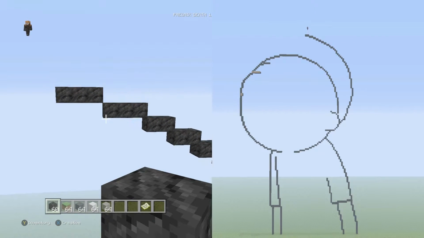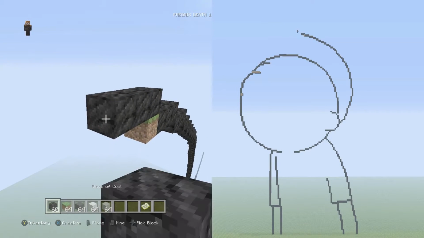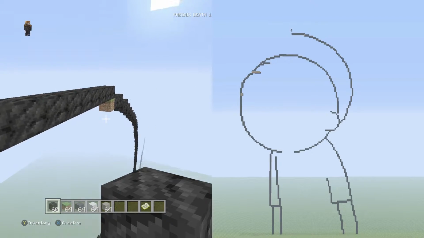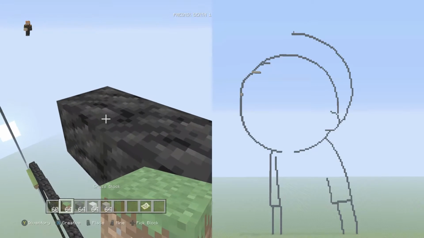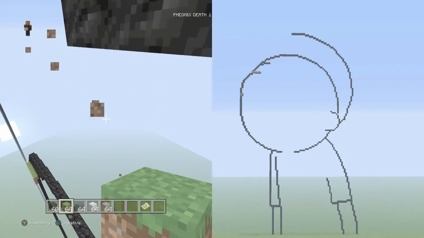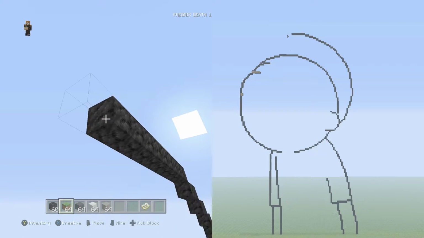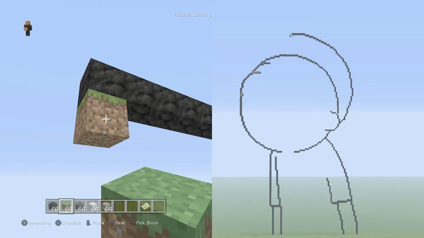Now for the top of the head, we're going to go up into the left 10 flat. 1, 2, 3, 4, 5, 6, 7, 8, 9, 10. And that's going to be the highest point in the build actually. So there's not going to be any other pieces of grass block going above that. Instead, we're going to go below that with our grass block, and you can still keep going with the left block if you wanted to, but I'm going to put it below this time,